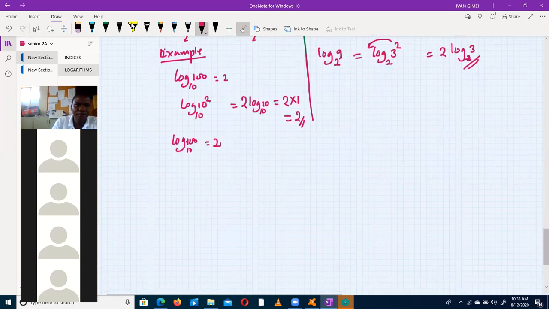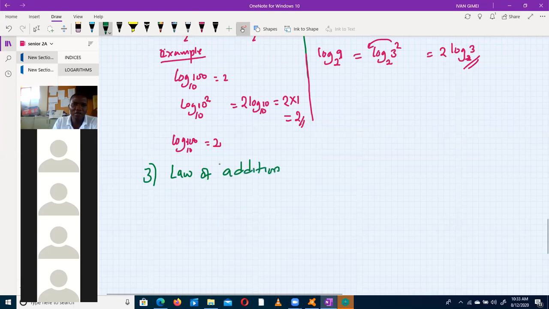The third law is the law of addition. The law of addition. This law says, if you're having maybe log of p times q to base a, something like that. If you're finding log of p times q to base a, then this is the same as